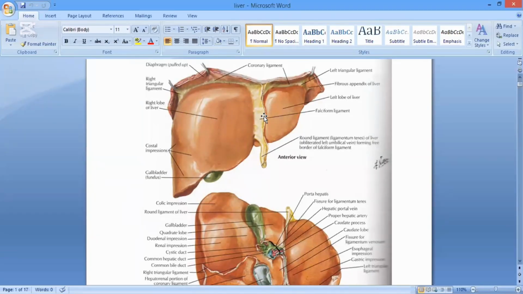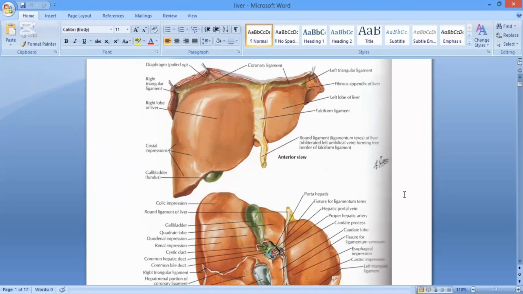In its free margin, I told you before, the round ligament, the ligamentum teres, is running. So this ligament divides the liver into the right larger lobe and the left smaller lobe. ठीक है जी? So anteriorly, this division is marked by the presence of this